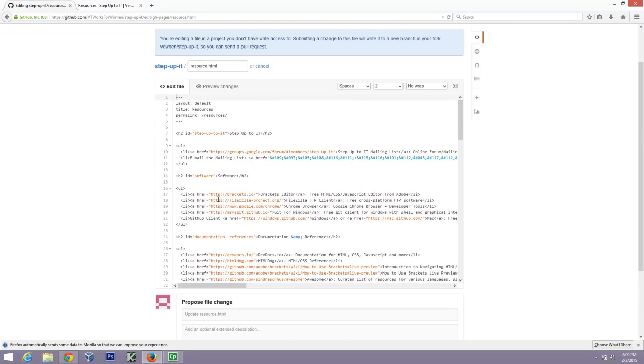Now, in this case, what we're going to do is remove the FileZilla link, because the FileZilla installer, we found out, has a lot of unwanted bloatware that was giving people's computers some trouble. So I'm going to just go ahead and highlight this line, the whole list item and link, and I'm going